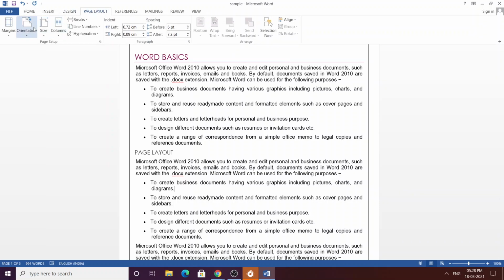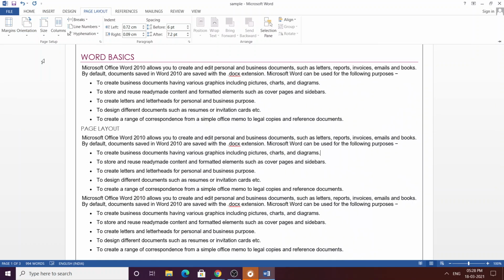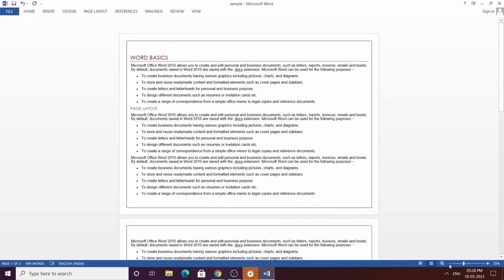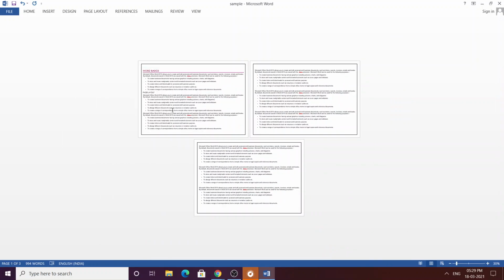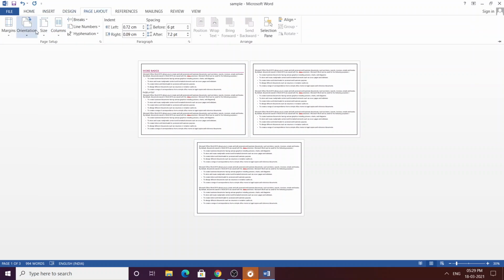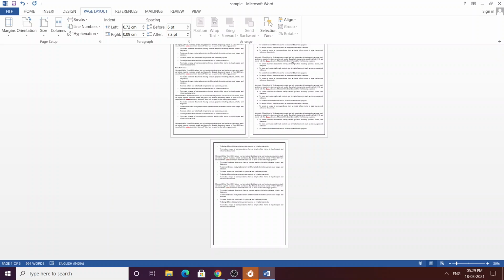The next option available under the page layout tab is orientation. We have two orientations: portrait and landscape. By default, all our documents will be in the portrait orientation. Portrait is nothing but the height of the document being greater than the width. In landscape orientation, the width of the document will be more than the height. If I zoom in on the slide, you can see the difference between portrait and landscape. This is called the landscape orientation. And when I change this to portrait, you can see the difference. This is called the portrait orientation.